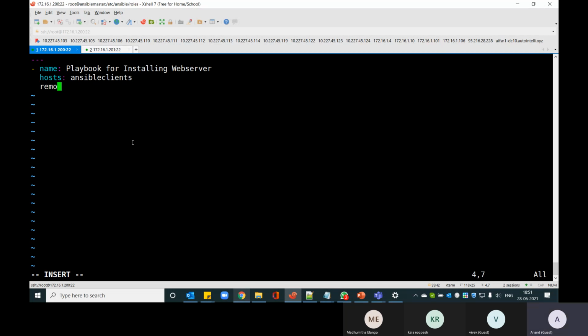And then which remote user I should use for this playbook. I can also alter this to some other user. If I wanted to run the playbook as a different user, I can always use that user. But since we are installing packages and restarting services, you need root privileges or a user with sudo privileges.